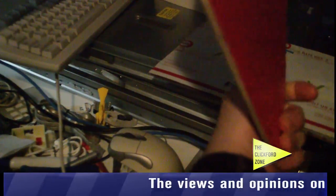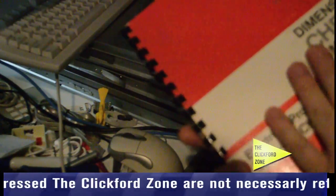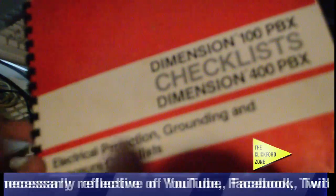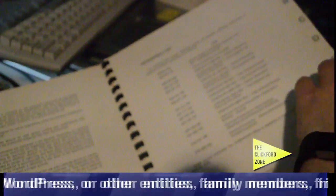So there's another Dimension book, and this is kind of... it smells old, it feels old, it feels like there's dust fused on. So there was a Dimension 100 PBX after all. So this little booklet